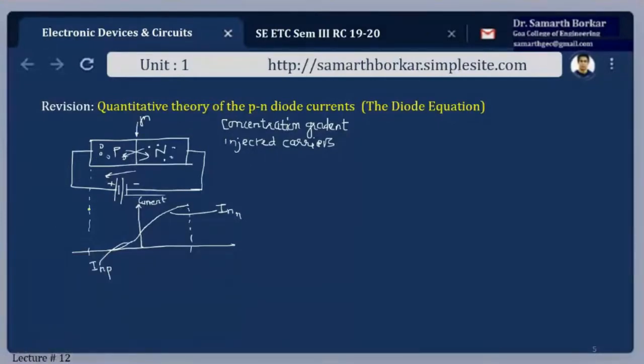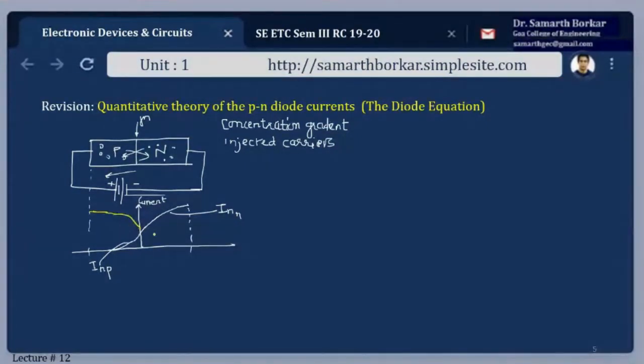Similarly here, the current due to the holes will be maximum at this point, because the concentration of holes is higher. But as we go towards the junction, some of these electrons might have entered this region, so they will recombine with the holes, and due to this recombination the free carriers will reduce. So the concentration of holes will reduce, and in turn the current contribution by these holes will naturally decrease.